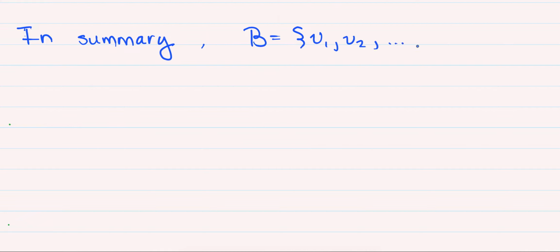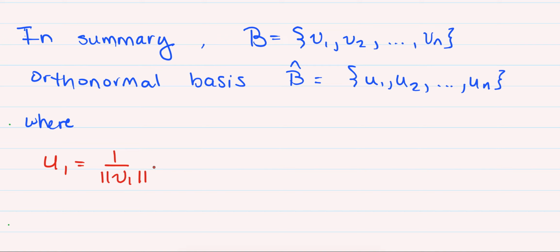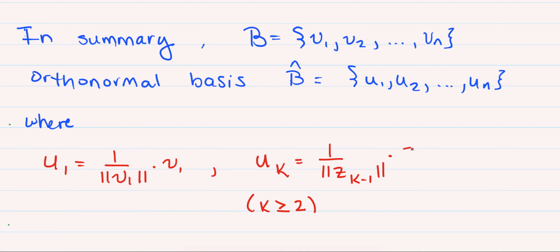In summary, if we have a basis v1, v2 through vn, then we have this orthonormal basis B hat, which is u1 through un, where u1 is just 1 over the length of v1 times v1, and uk for k greater than or equal to 2 is going to be 1 over the length of z_(k-1) times z_(k-1),